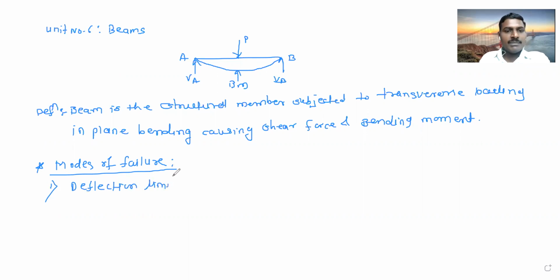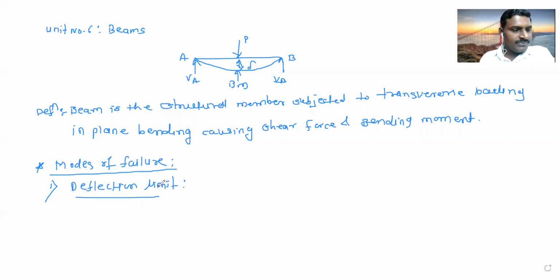That is deflection limit. It means due to this load, the beam will deflect, and at the end the plastic hinge will form and this beam will fail. So this is nothing but the deflection. More deflection will occur due to additional load coming on this particular beam. So what is deflection?